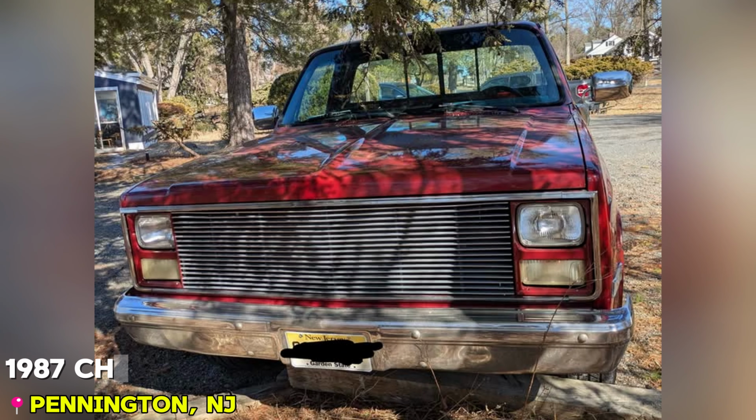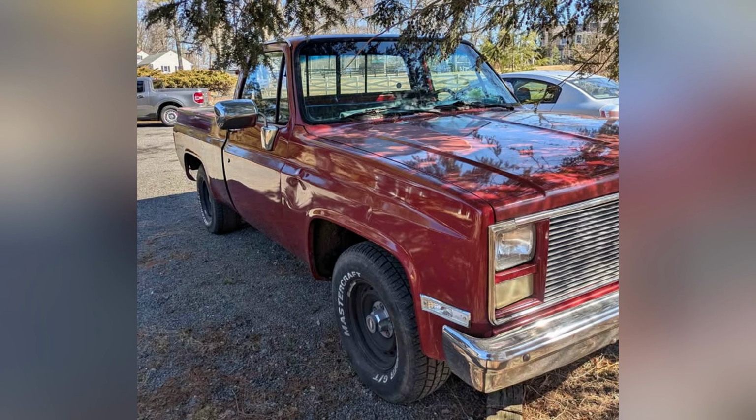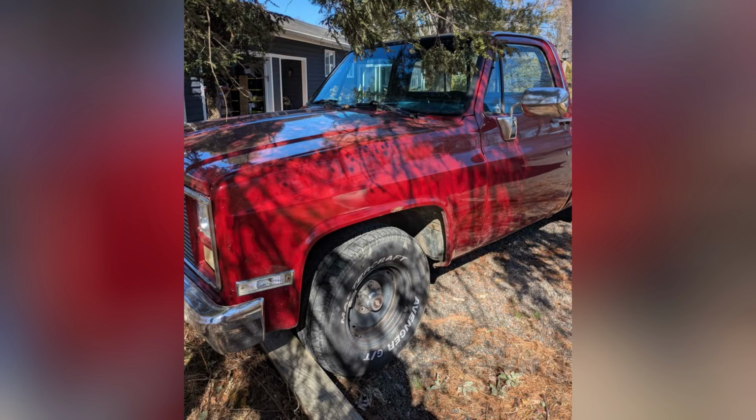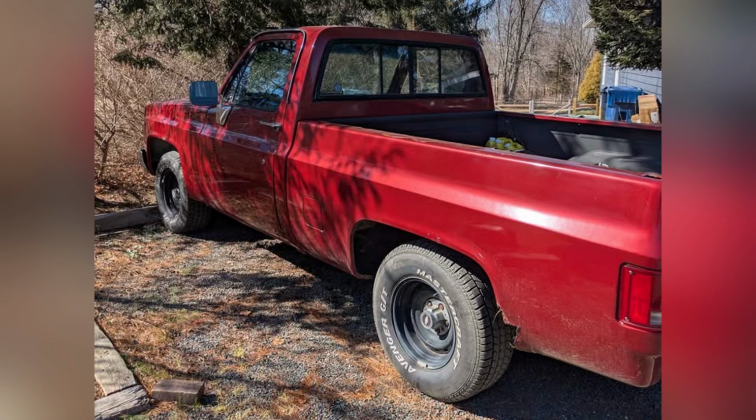Number 5. 1987 Chevrolet 1500. Price $10,000. Equipped with an automatic transmission and a burgundy exterior. Under the hood, it features a powerful 5.3 LLT Chevy engine paired with a newly built 4L80E transmission from Monster